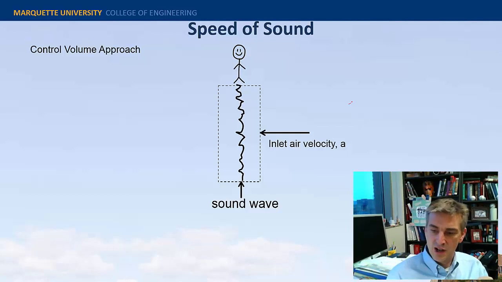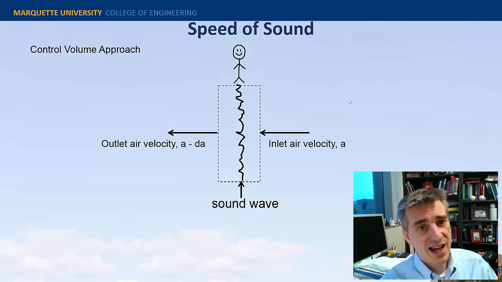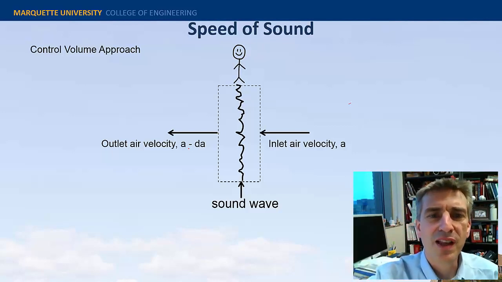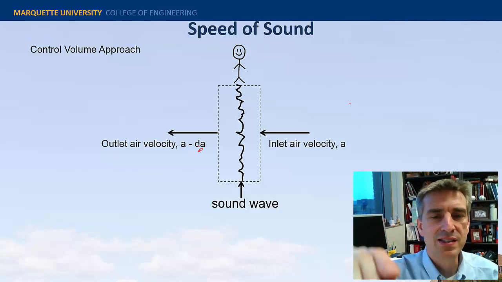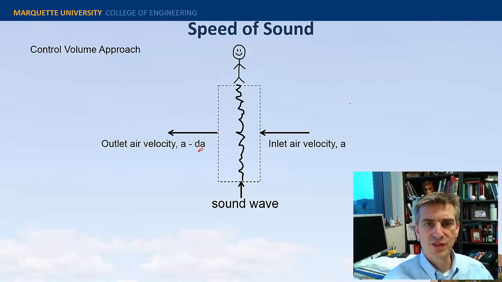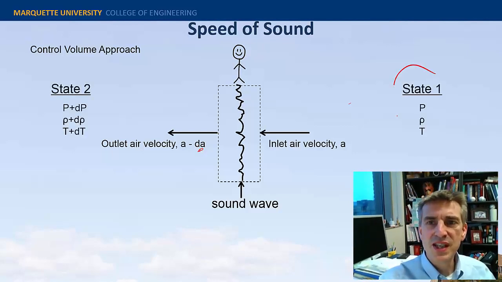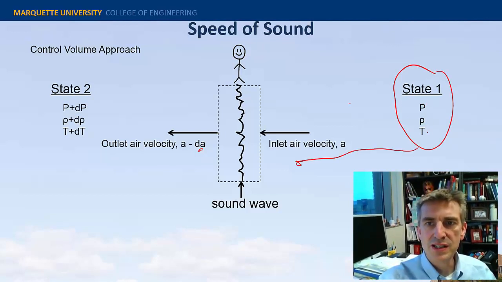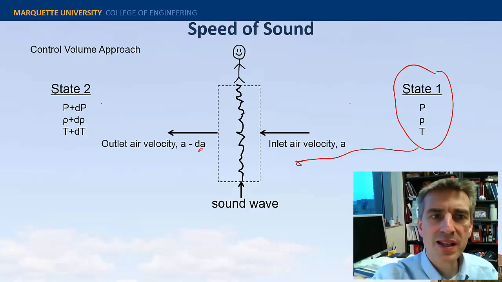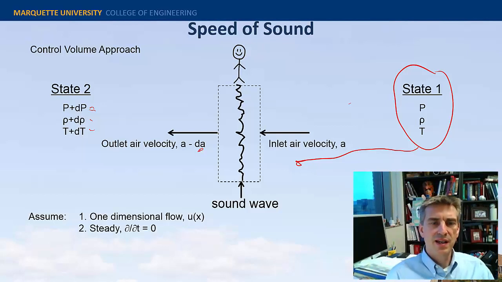So you have this inlet air flowing into the control volume, and it comes out the backside. If you look back there, you can see the air coming out, and it would be some different velocity, right? We're saying some small change in velocity, and we could have put the small change on the front or the back. It doesn't really matter, but we did it like this with our sign convention, minus dA. All right, so really, you have a whole series of states. It's as if this air is going into this control volume, carrying with it a pressure, a temperature, and a density, and it's popping out the other side with a slight change in pressure, density, and temperature, almost like a Taylor series expansion.